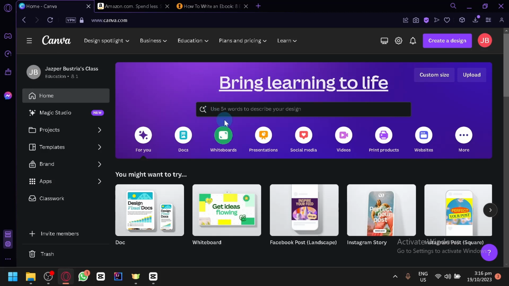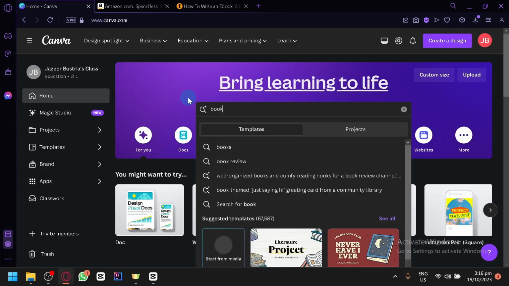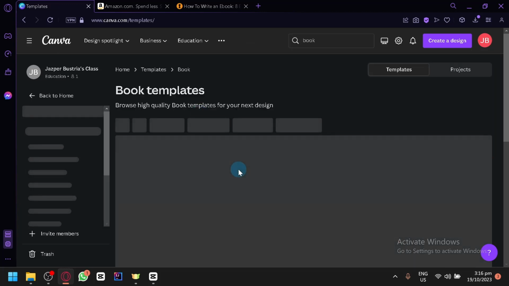And the first thing we're going to do is, of course, select our template. Now, there are some generalized sizes of a book, but the size of a book depends on you. For example, if you are creating a children's book, of course, the size of that can be different. If you go to a bookstore, there will be all sorts of sizes for children's books. If you're going to create a novel, there's a specific size for that as well, but the size depends on you. But since I don't have an idea on what size I should have, I'm simply going to search book on the search bar over here,